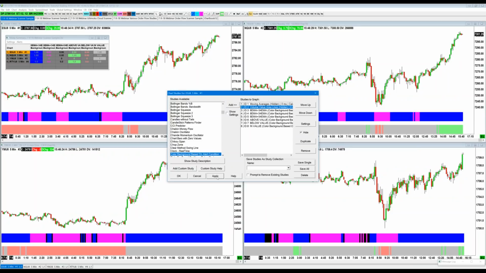They come off the screen. You have a nice, clean chart with nothing on it, and you can still be told by the charting program when certain stuff is happening. So it's a really, really neat function, and it forces clients to go through an inventory process of their decision